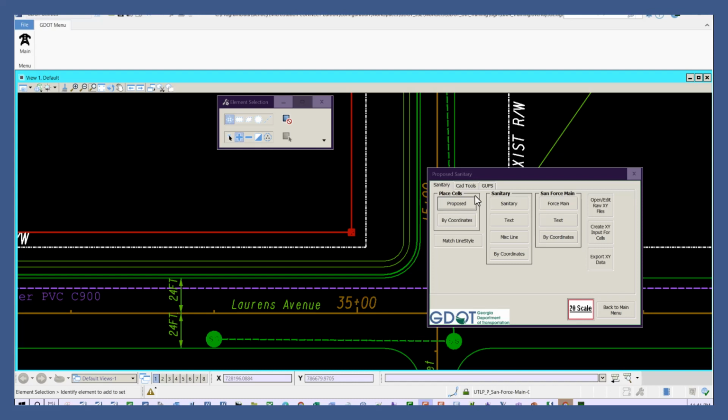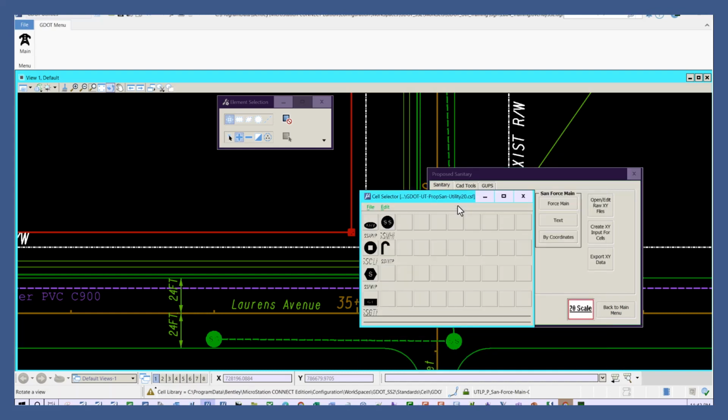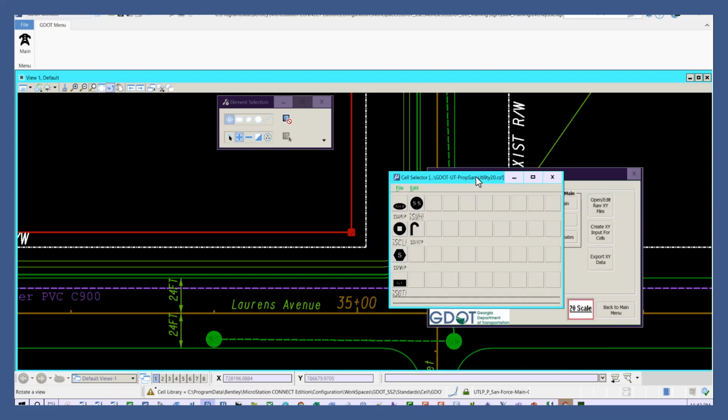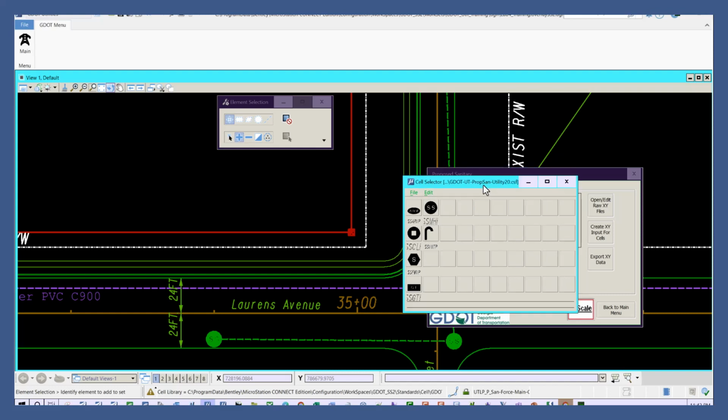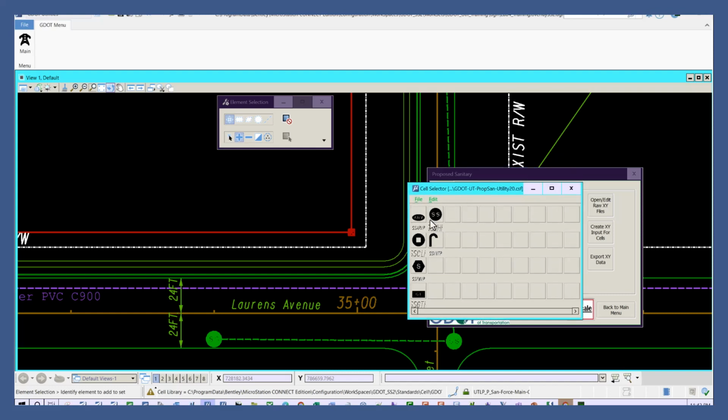So in this case, the utility item is a sanitary sewer utility. So when it's selected, it launches the sanitary sewer specific cell selector. If we want to look and see if there is a right-of-way label, we would have to find the appropriate cell library or the appropriate cell selector. So in this case, we will select File, Open,